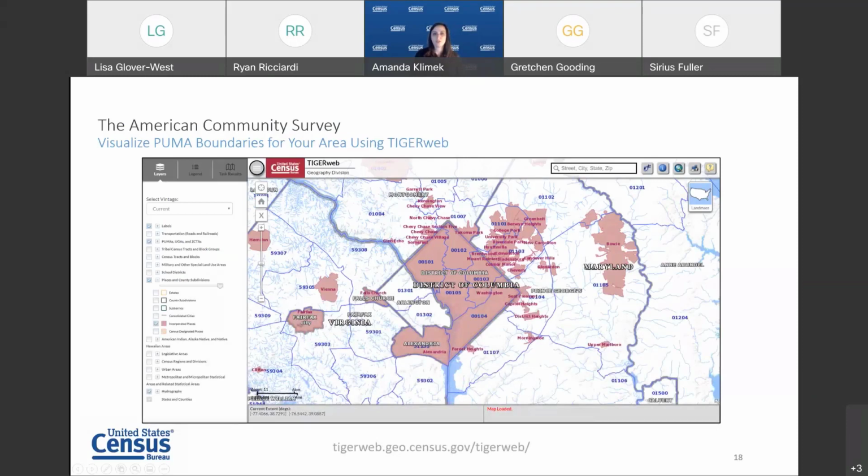Another way is to use the Census Bureau application, TigerWeb. This is a web-based application which helps you drill down physically and see which PUMAs correspond to which areas of geography. As you can see, this is going to be a slightly more visual medium than looking at a spreadsheet, but also effective. The screenshot shows part of the greater DC metro area, and we can see the District of Columbia has a large population and consists of several PUMAs.